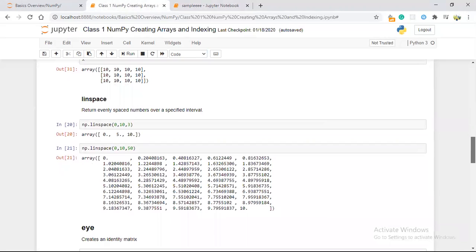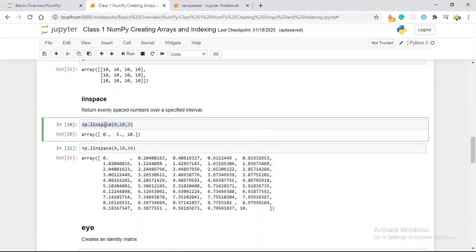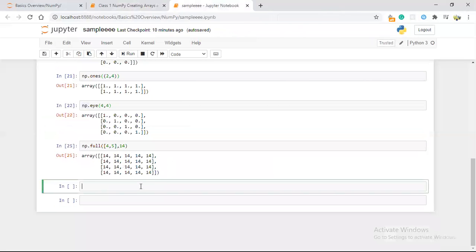Then we have another inbuilt function, linspace, which is used to return numbers evenly spaced. Let me handle this. So numpy dot linspace, I want to create an array with elements between 0 to 10, and I want only 3 elements between 0 to 10.